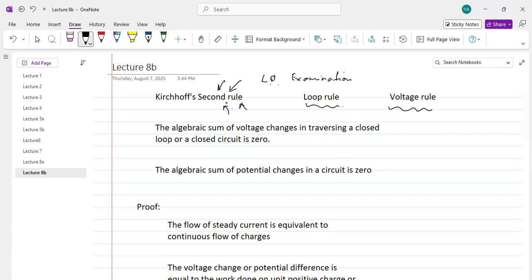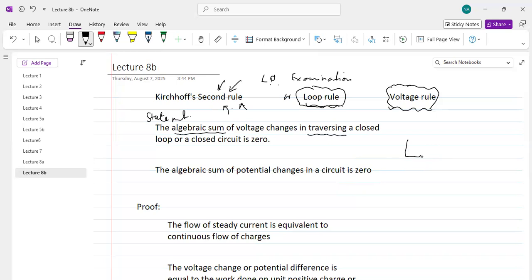Kirchhoff's second rule is also called Kirchhoff's loop rule because it is applied to any loop in a circuit. Also, it is called the voltage rule because it is about the voltages or potential changes in a circuit. Statement: This law says that the algebraic sum, meaning the magnitudes will be added according to usual algebraic rules, of voltage changes in traversing the loop,